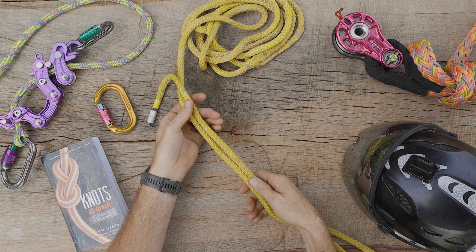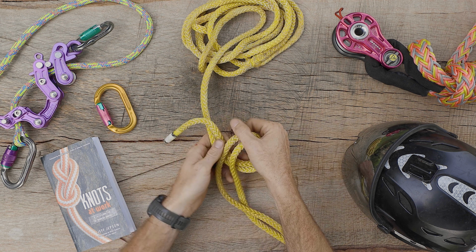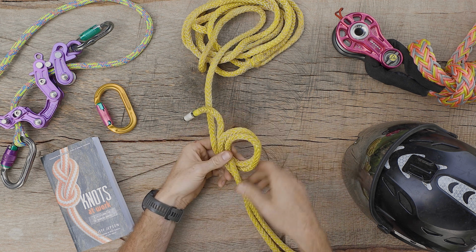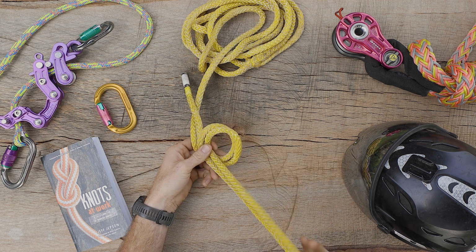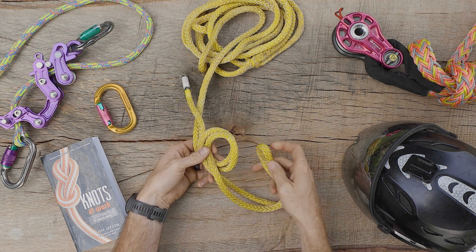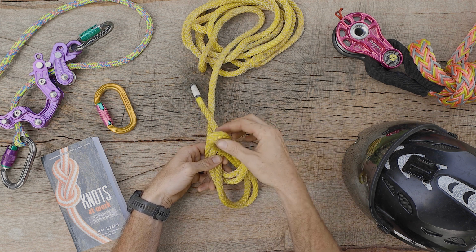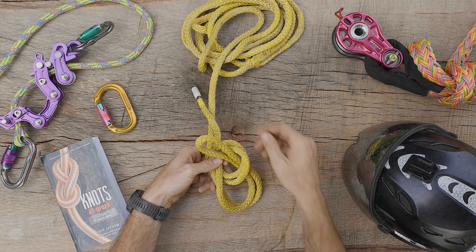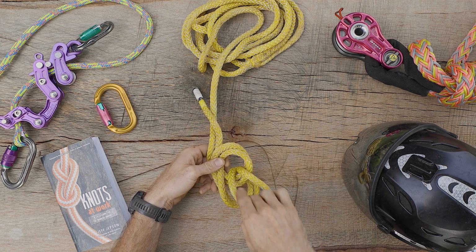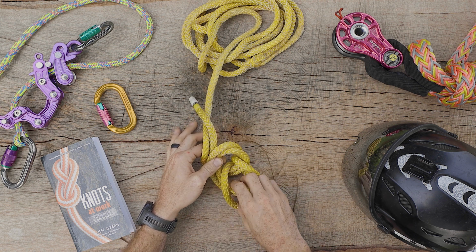Then we're going to form, with both strands, our distinctive loop. Then we're going to take the other end, and we're still going to have the rabbit come out of the hole, but this time we're not going around itself through the back. We're actually going to pull it forward, and still pinching here, we're going to capture these two